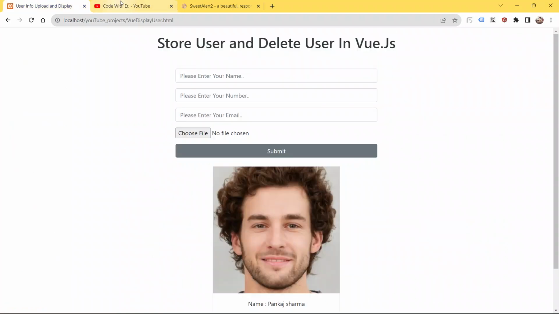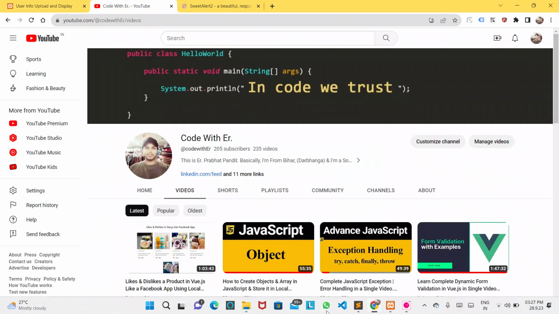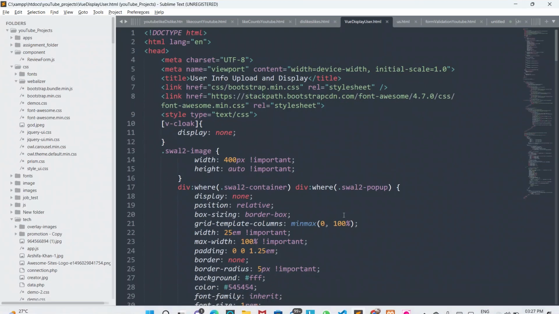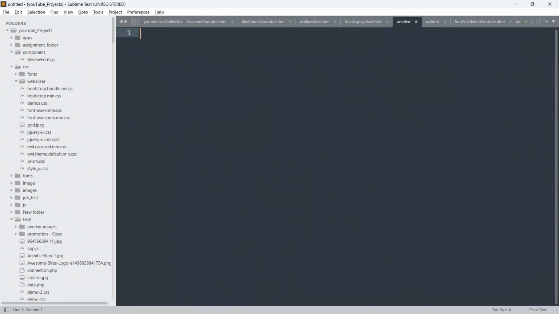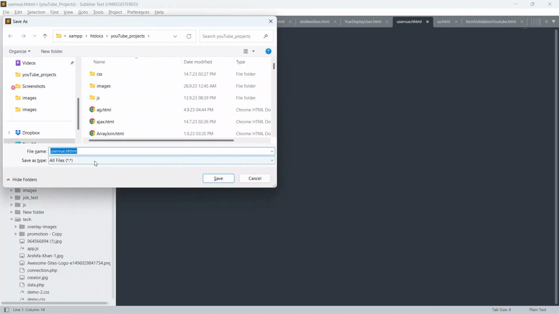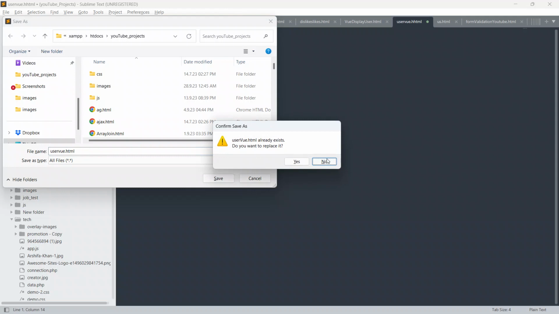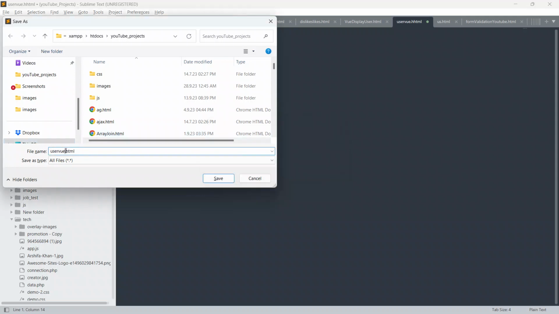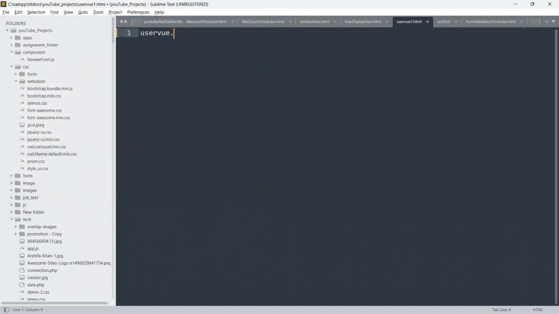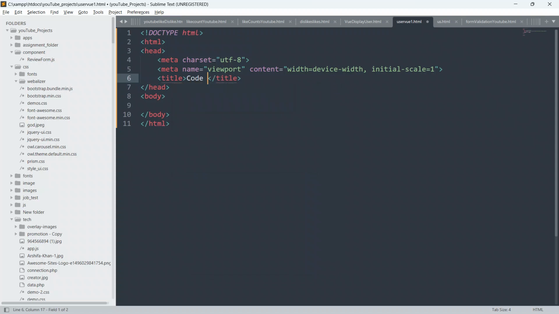Okay, so guys, now I'm going to create a new page. Let me go to the code editor. Create a new page, give it the name user view dot html, and save the page. Just hit the save button. Yeah, so now create an HTML page with the title Code with